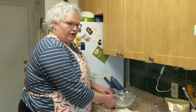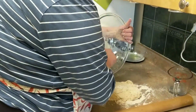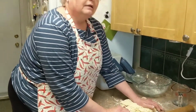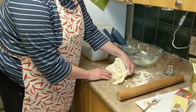So as I just said to Caroline, if there's some left in the bowl, then you just, it's quite stiff now, the dough? The dough, yeah. So we have it on a floured surface here. And we're going to knead it 8 to 10 times. 8 to 10 times. 1, 2, 3,